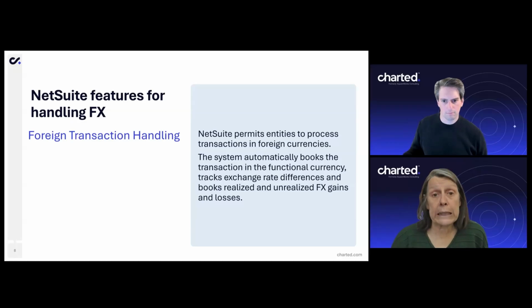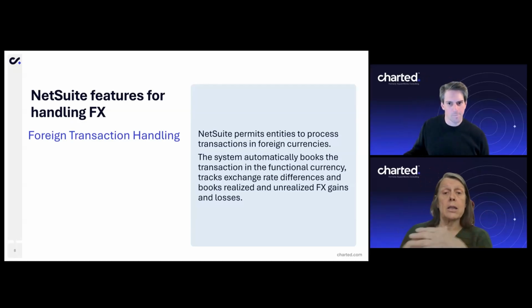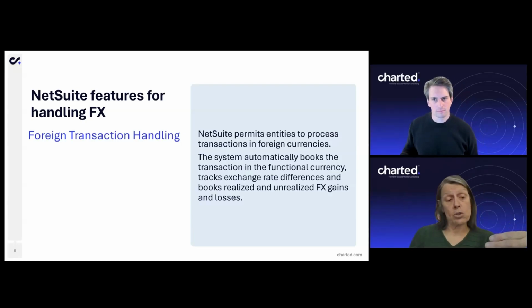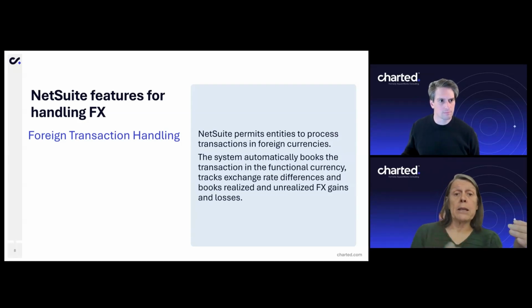This can get really ugly. I had a situation once where it was an intercompany, so people weren't really paying attention to it. Company A was billing company B in dollars. Company B was trying to settle in pounds. What was happening was because there were pounds coming in and they were booking them as pounds and not offsetting